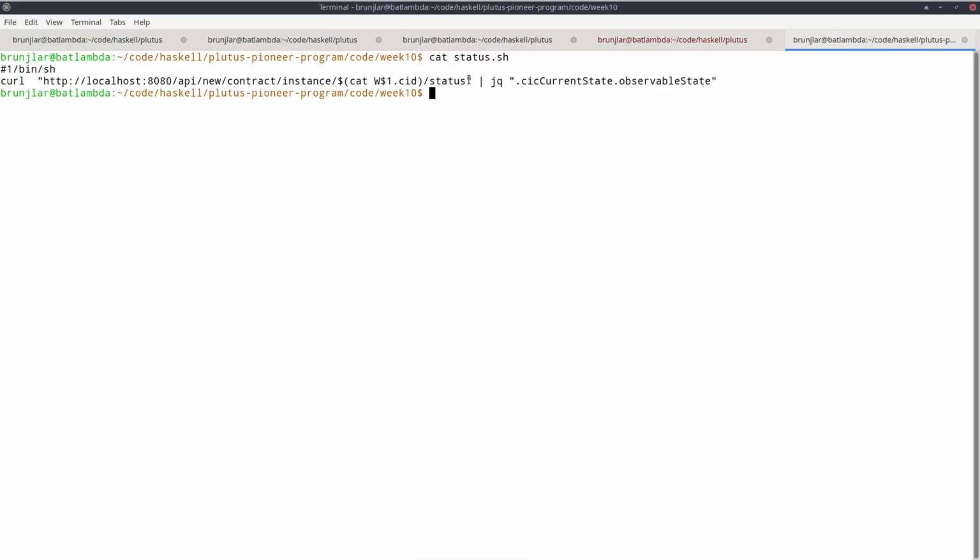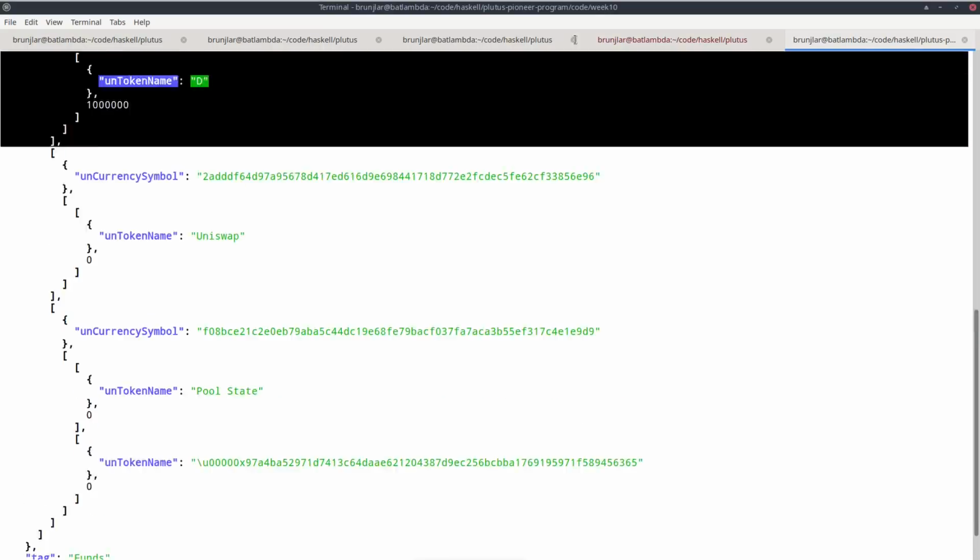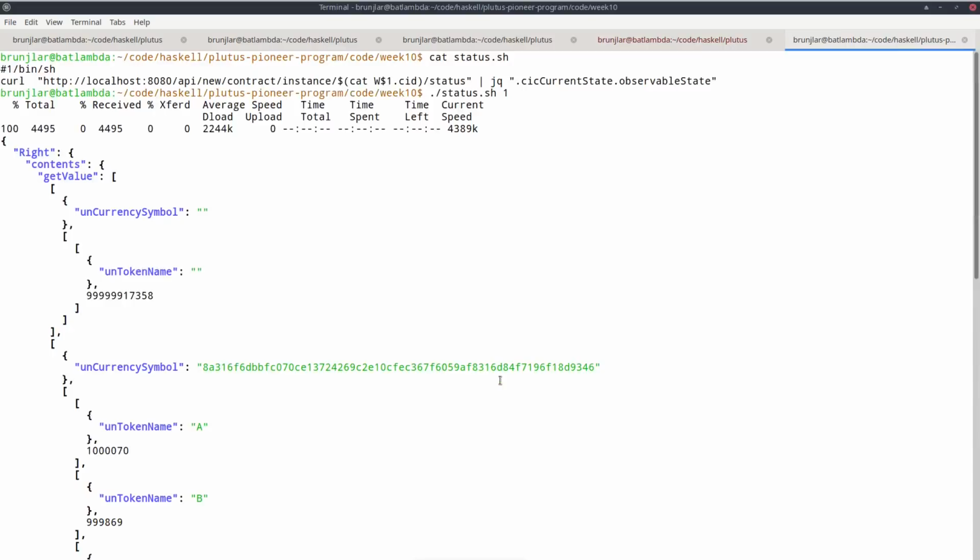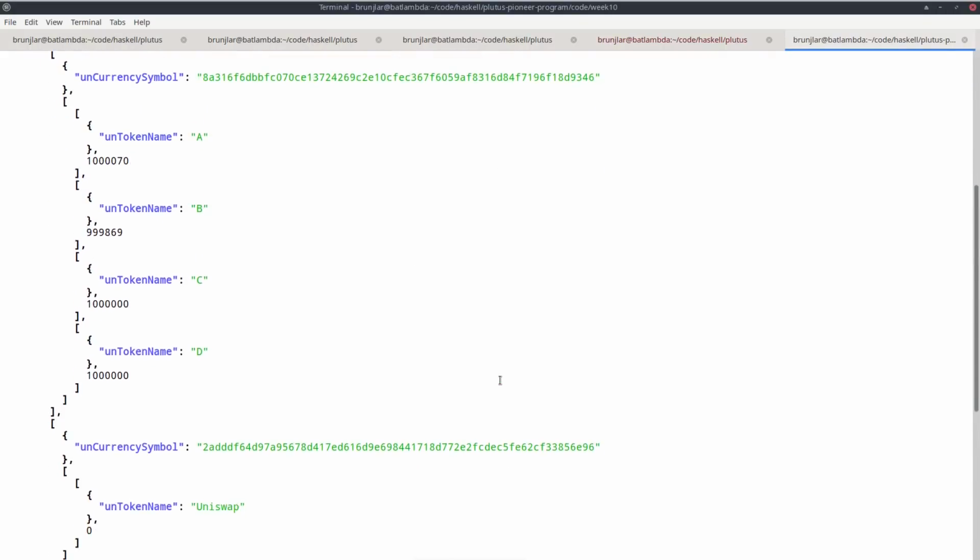And because that's very unwieldy, I pipe it through to jq, and then I'm only interested in the current state and dot observable state of the resulting JSON. So if I try this right now for wallet 1, for example, I see that wallet 1 at the moment has these amounts of the tokens ABCD.